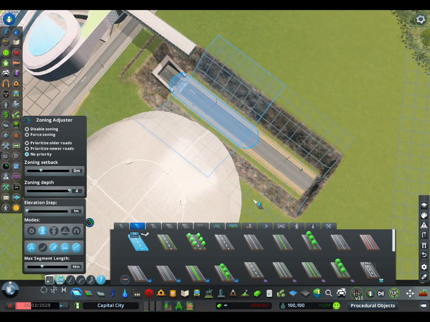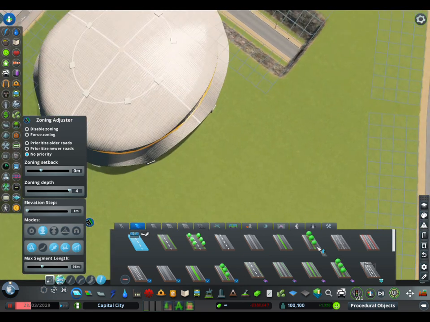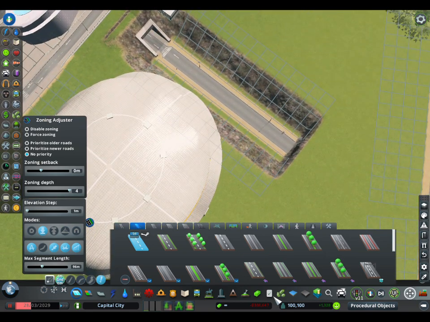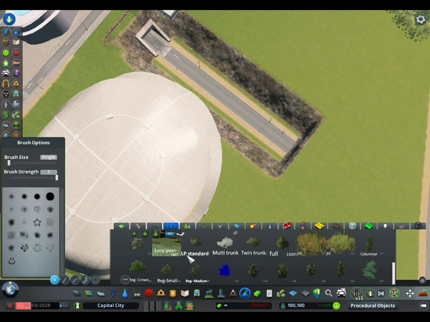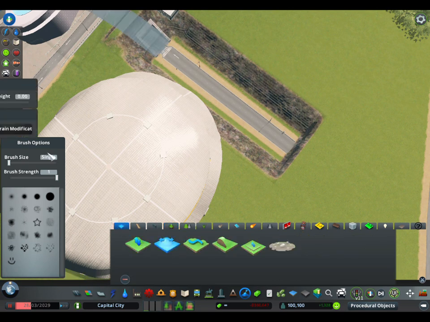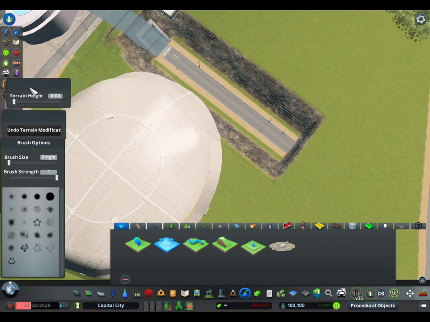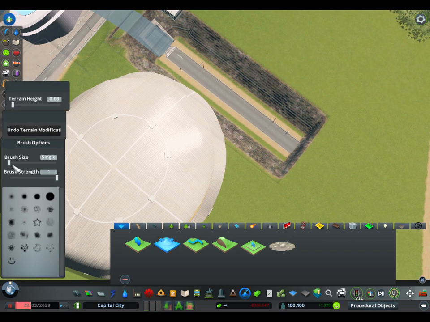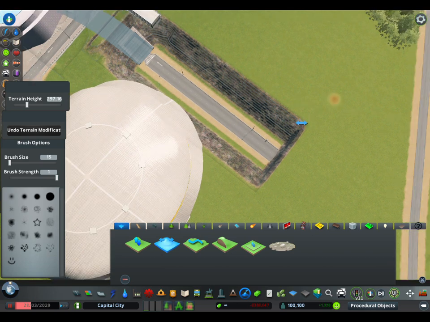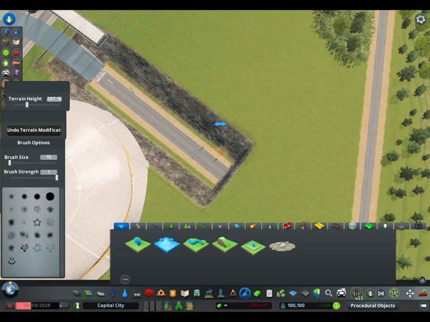So what I typically do then is I grab the terrain tool, the leveling, and then just pick the same level as the road, and then you want to clear out